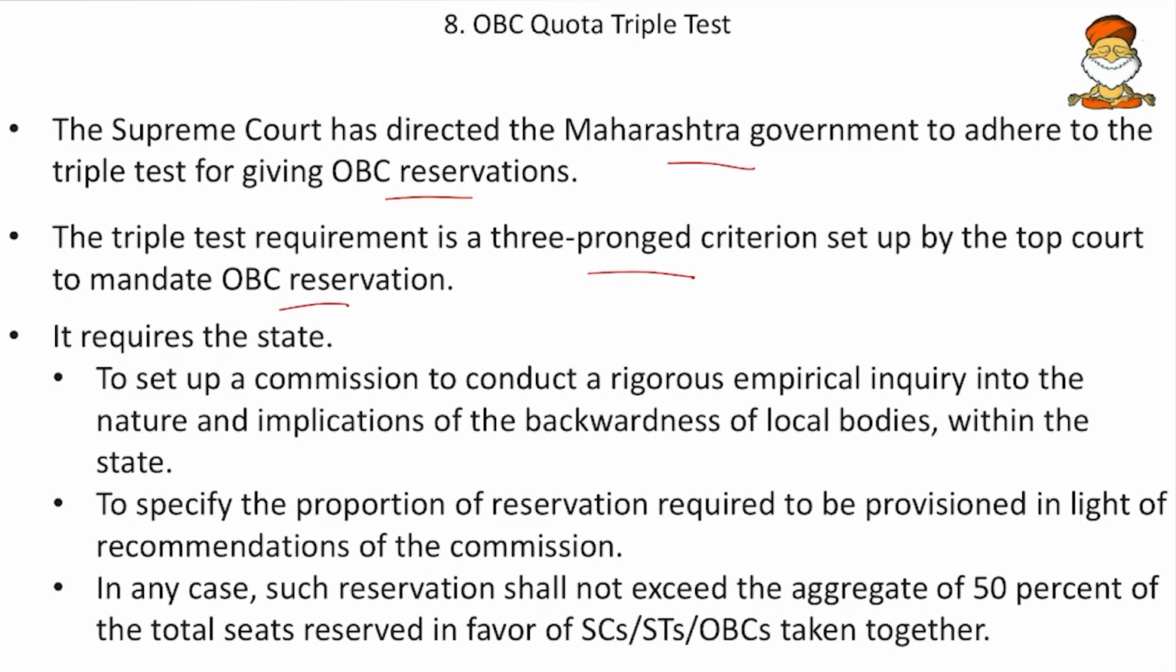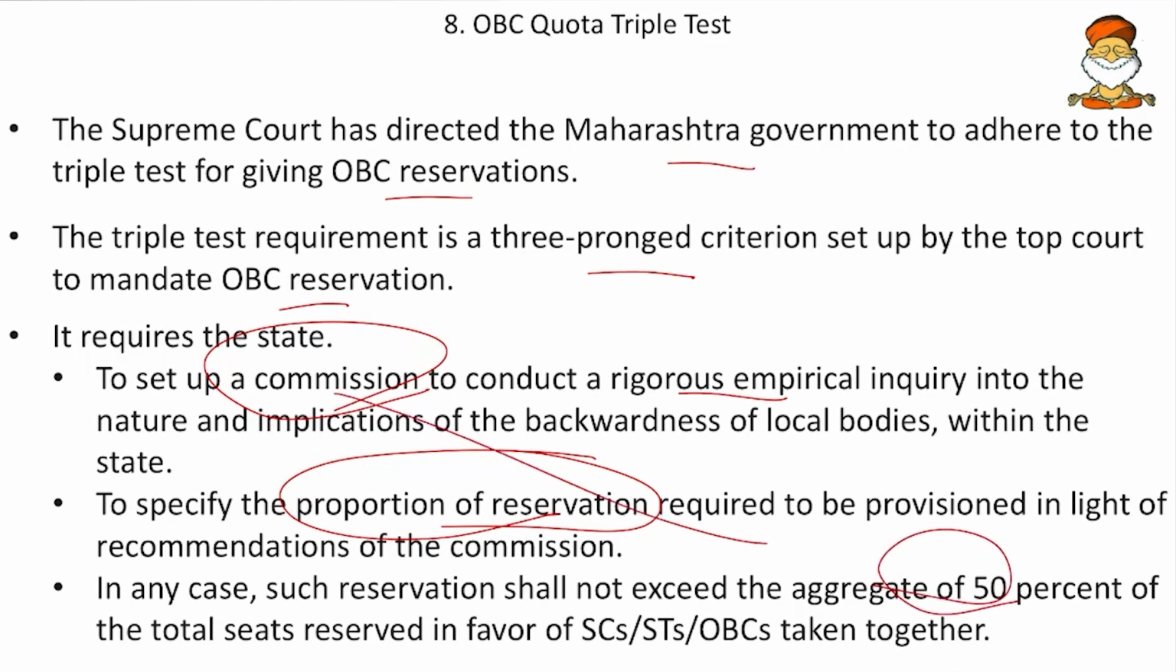And here it requires the state to set up a commission to conduct a rigorous empirical inquiry into the nature and implication of the backwardness of the local bodies. So first criteria, to set up a commission to inquire into the backwardness. Then to specify the proportion of reservation required to be provisioned in light of the recommendations of the commission. So what proportion of reservation are you giving? Then in any case, such reservation shall not exceed an aggregate of 50%. So if we fulfill all these three, the triple test quota will be completed and the state can go ahead